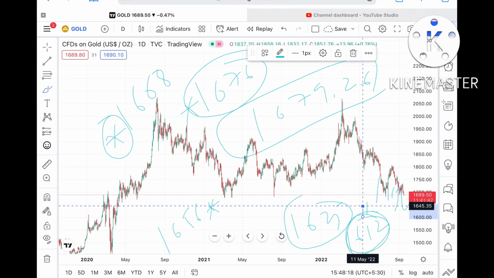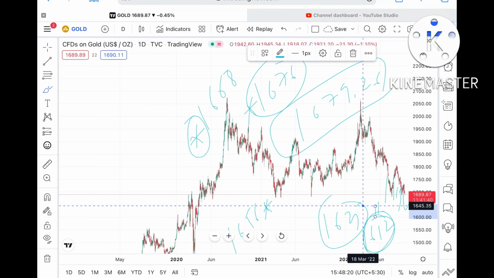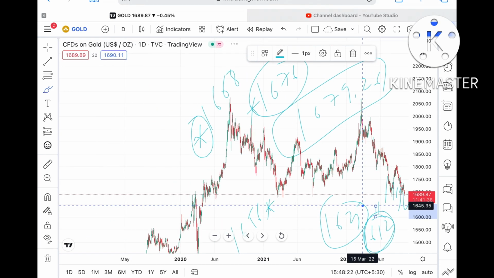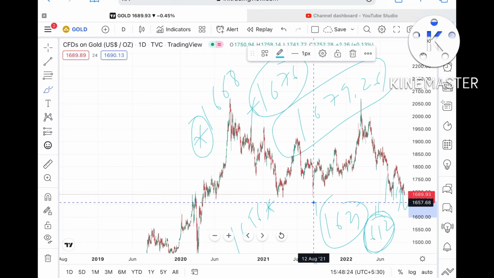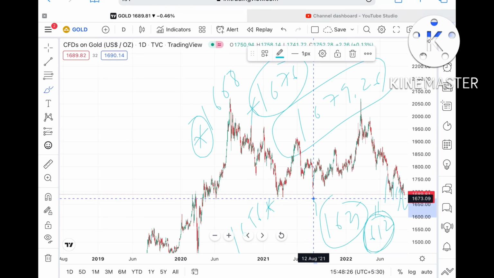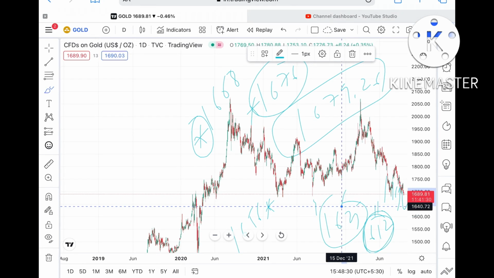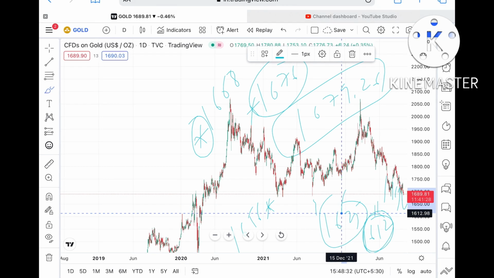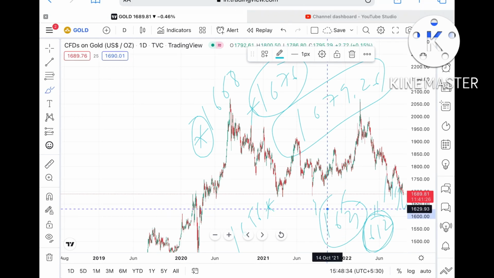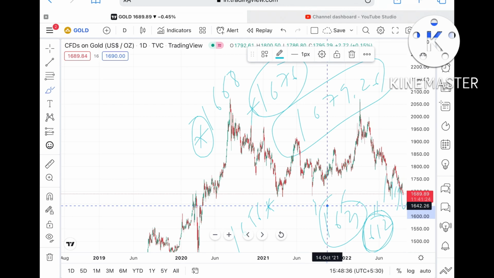Okay, these are the two levels. From there we can see a bounce back, and the next resistance we can see coming very close to these levels, that is 1657 and a level of 1670 if the price falls below this particular level. So from 1612 we can see a bounce back towards the upside, but there is strong resistance